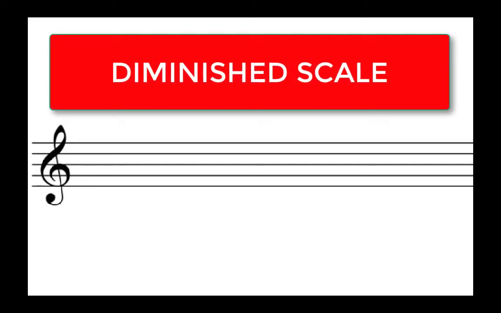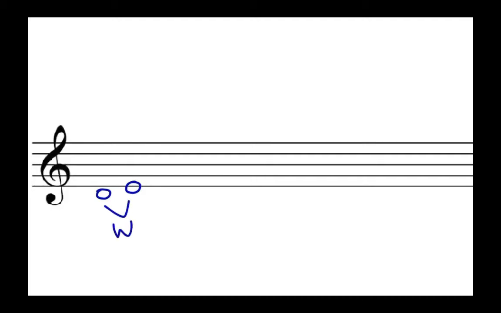All right, we're going to go on to also another of Olivier Messiaen's modes of limited transposition, but also another fabricated scale that can be quite useful in contemporary writing, at least, and that's called the diminished scale. Let's start on D, and the pattern for the diminished scale is whole step, half step, whole step, half step. So we're going to start with a whole step, D to E, right? Whole step. Then we're going to go to a half step, E to F, half step. Then whole step,